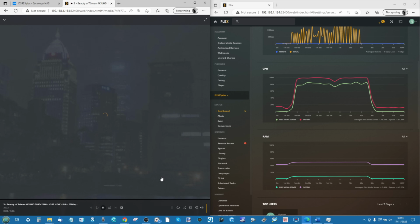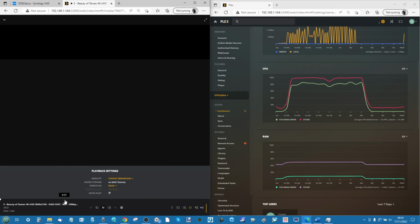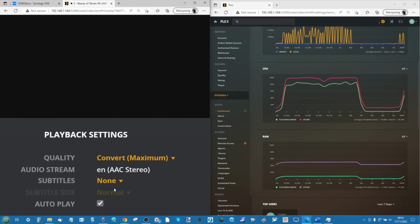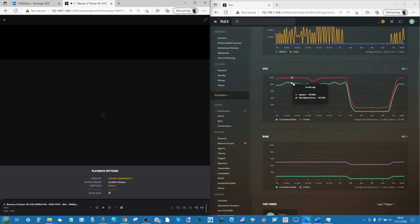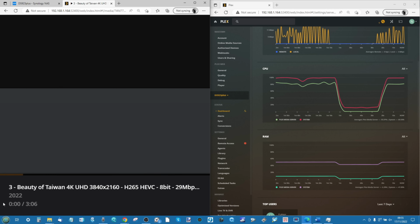So number 3, if we open it up there, and again, we'll get the chart there on screen, another HEVC file, another 30 megabits per second. This is an MKV file rather than an MP4. And again, we're seeing that spike. Now, I should highlight, while we're very early on in the testing, this isn't what the whole video is going to be like. As soon as you start playing H.264, even in my earlier testing, things played absolutely fine there. But there's still no avoiding this large degree of utilization there when we're trying to play back these HEVC files